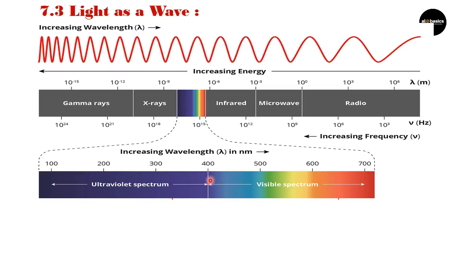This you can even consider in terms of the angstrom unit, which we use regularly, that is 4000 angstrom unit to 7000 angstrom unit. The angstrom conversion is 10 raised to minus 10 meters, and the nanometer conversion is 10 raised to minus 9 meters. So the visible range is within this region, and here you can find that 400 nanometer is in the violet region, whereas 700 nanometer is in the red region.